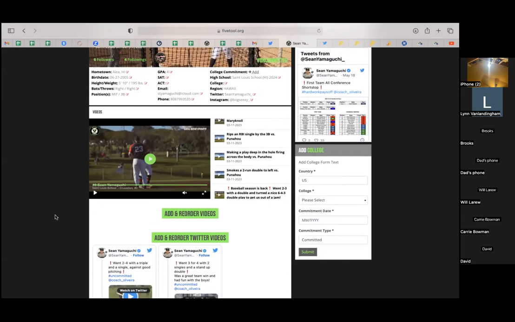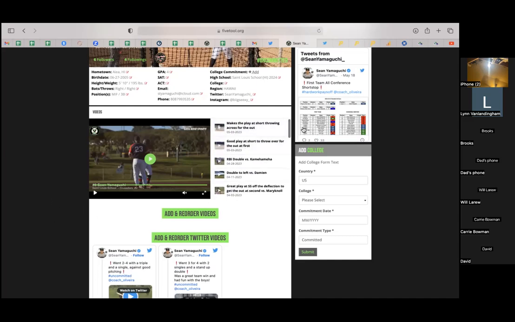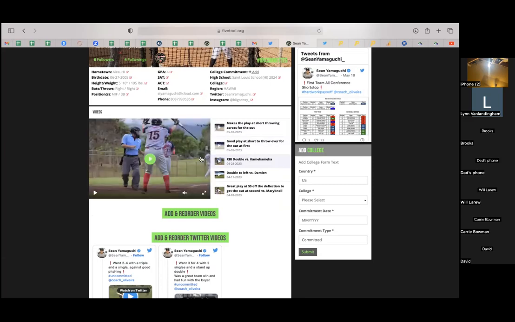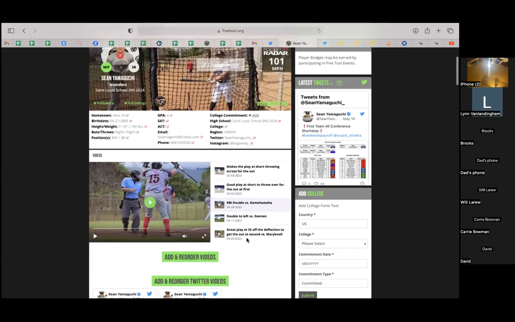And you guys see your kids' Twitter accounts, right? They're retweeting their buddies' highlights. They're just tweeting about things that aren't baseball related. What the coaches have really liked about this is it's just right in your face. All the highlights are right here. They don't have to scroll through Twitter. They don't have to click a bunch of different links. They can send this to each other and boom, just start watching highlights from the same browser, click to the ones you're interested in and hit play. And it's as simple as that.